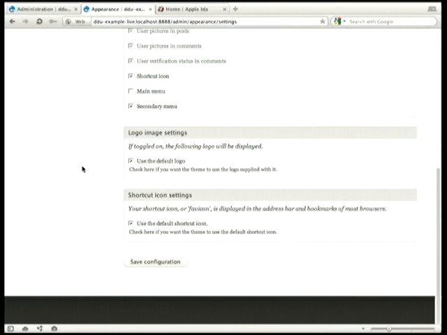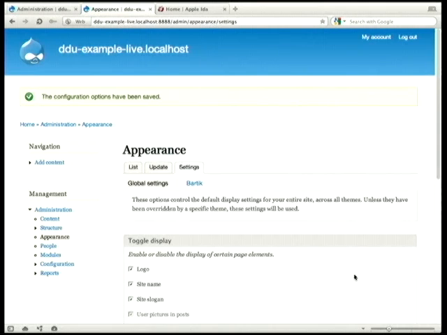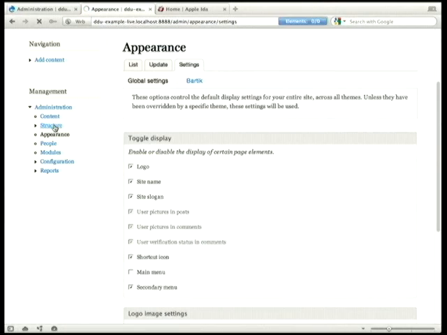That's one of the other things that confused me when I first started out, because generally you can control things from the blocks, and then there's just certain things like site name and site slogan displaying. If you want to turn them off, it's a little bit tricky to figure out how to do it. So my menu has disappeared,